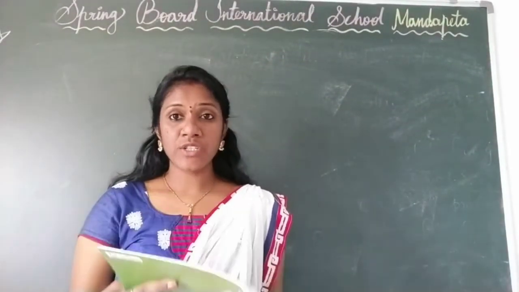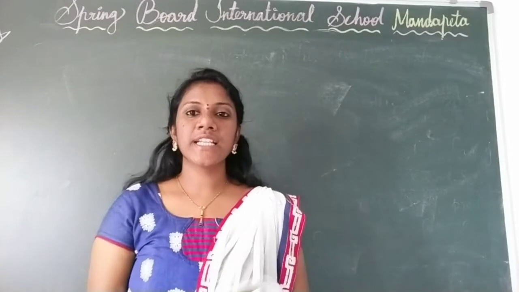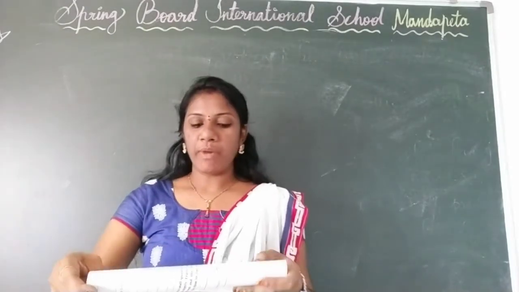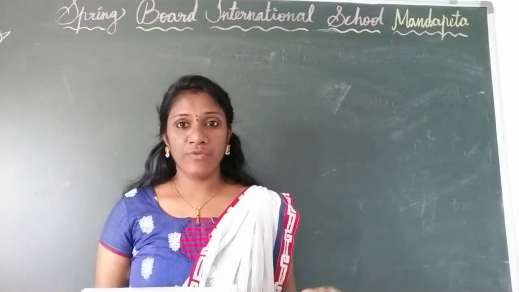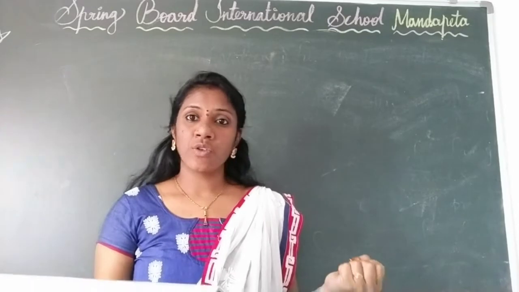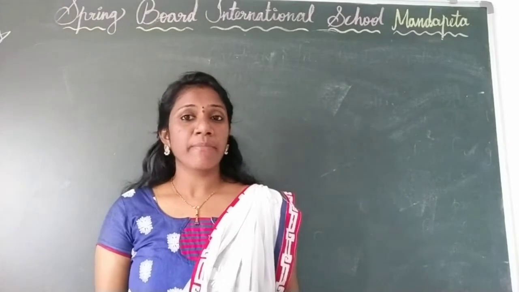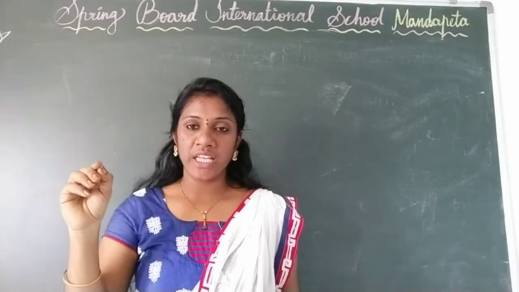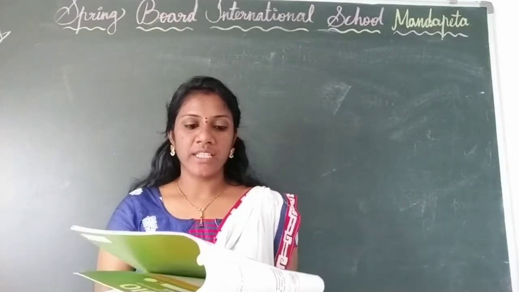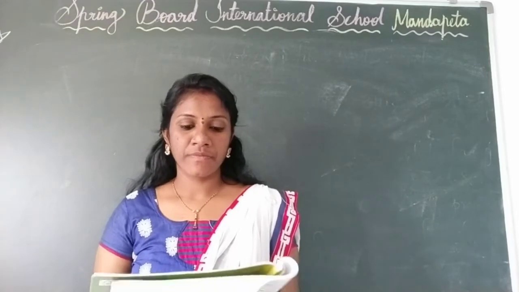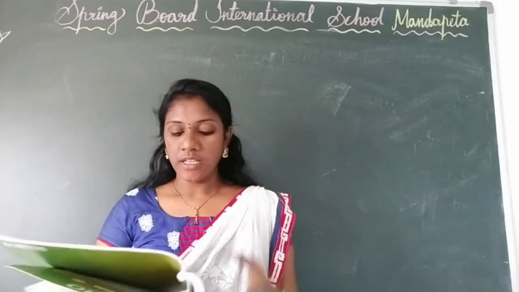Next, from this lesson what you learn, first we will discuss like a mind map. In the studio, see page number 83. Children, on page number 83 you have a mind map. What is this lesson about? In this lesson we learn about healthy food. Healthy food has so many nutrients. What are the nutrients? Micronutrients and macronutrients. Micronutrients means small amounts of nutrients. Vitamins and minerals are the micronutrients. Macronutrients, you know, carbohydrates are the macronutrients.